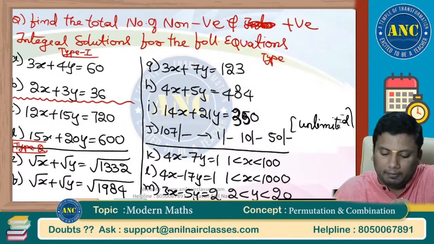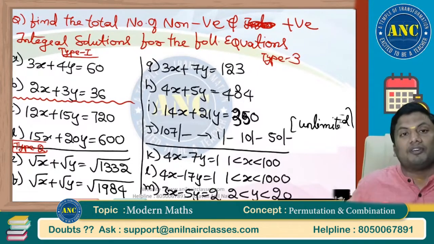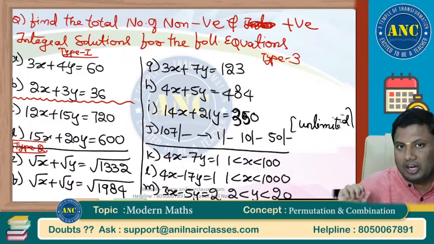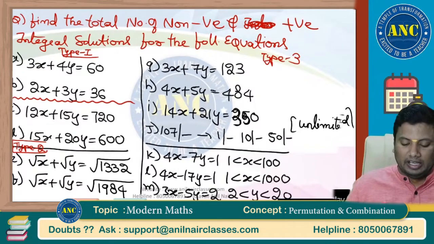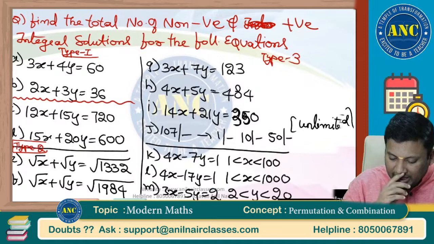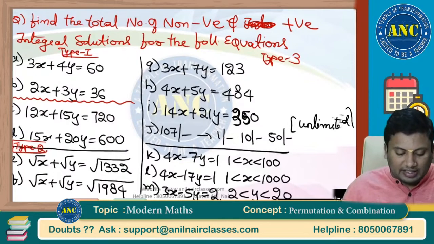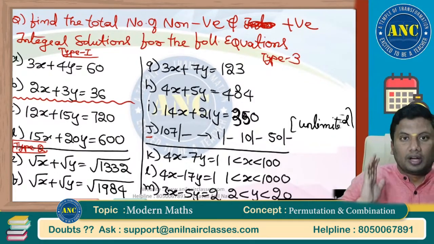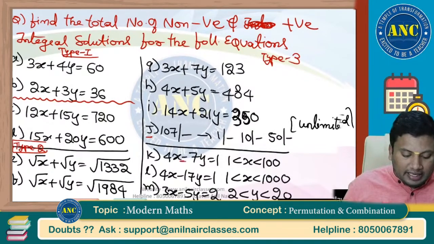Type number 3 is again a linear expression with two variables x and y. 3 is a factor of 123, but 7 is not a factor of 123. 4 is a factor of 484, but 5 is not a factor of 484. 14 times 2 is 28, 14 times 5 is 70. One of them is a factor of the right hand side. How to solve it for three variables? In type 1 and type 2 there is a plus sign in between them. K, L and M are linear expressions where there is a minus sign, where none of them is a factor.